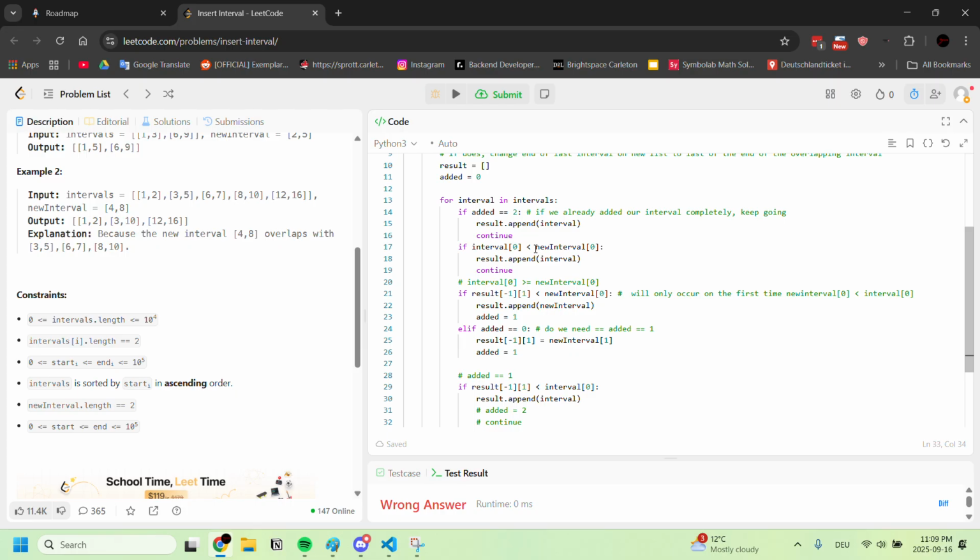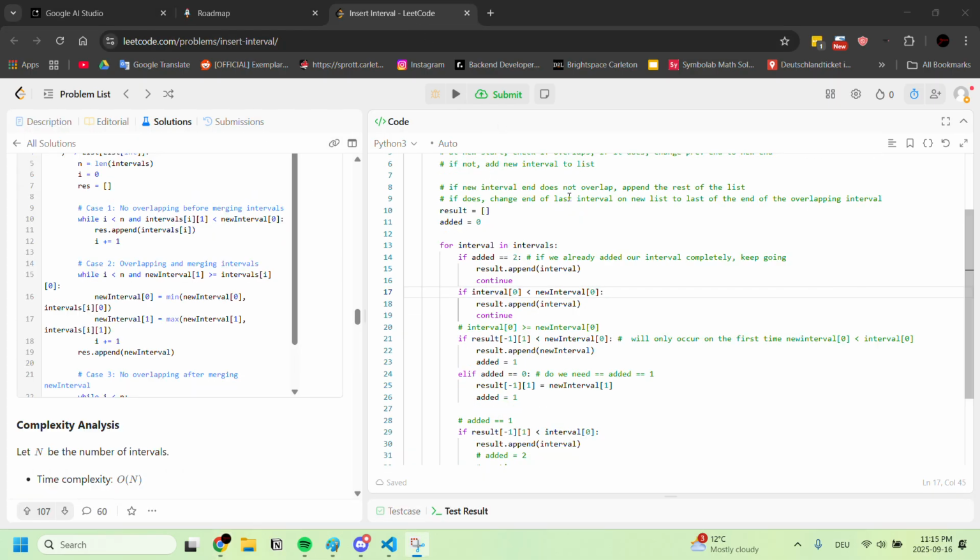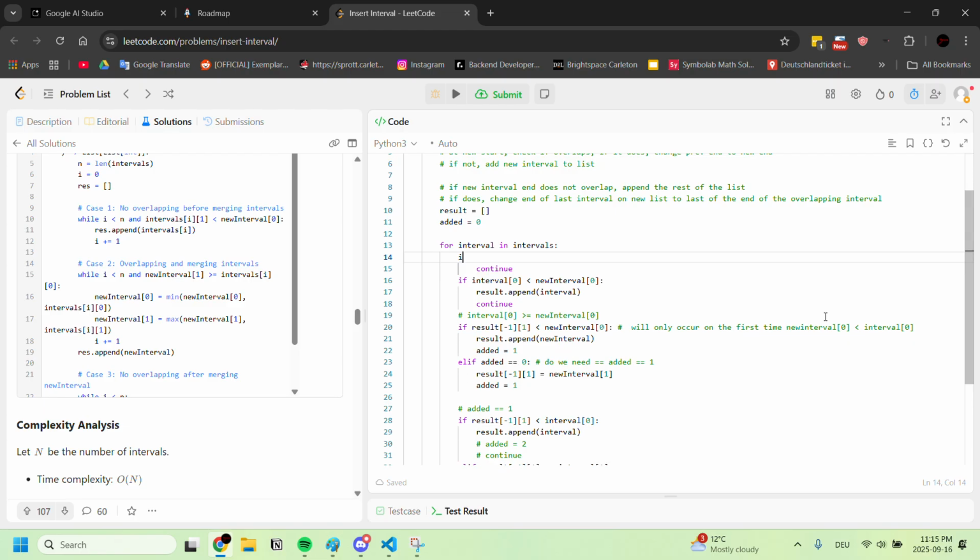If interval 0, if result -1, 1 is smaller than interval 0, result... Alright, I kind of looked at it a little bit. I think what we can do instead is, for this one, we can just say if